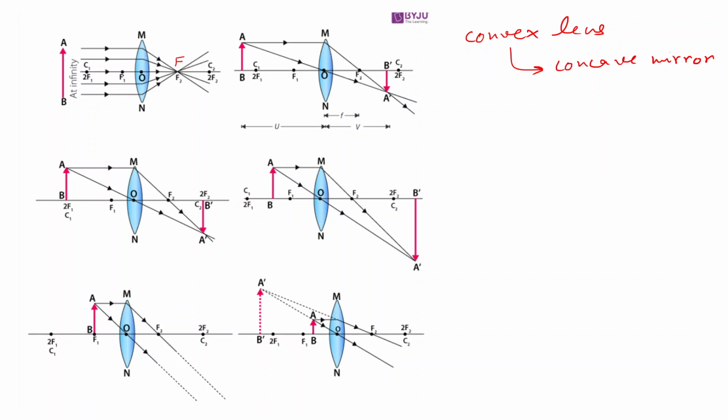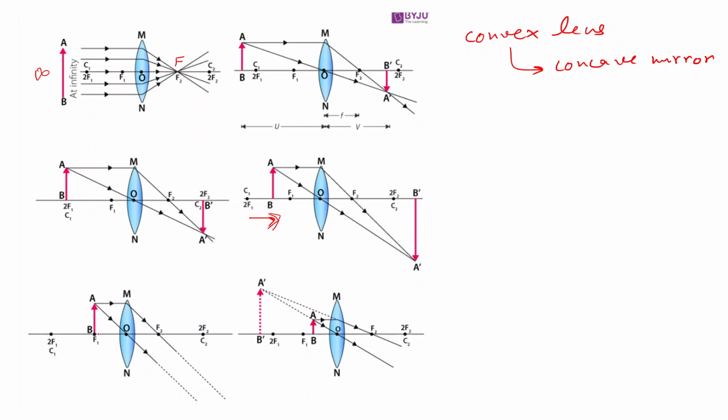In all these cases you see we are bringing the object from infinity closer to the lens. This was at infinity, then we brought it closer. We kept it at center of curvature. Now we are bringing it even closer, between the focus and center of curvature. As we are bringing the object closer and closer, the image is going farther and farther. So now the image will be formed beyond the center of curvature on the other side, and it's still real and